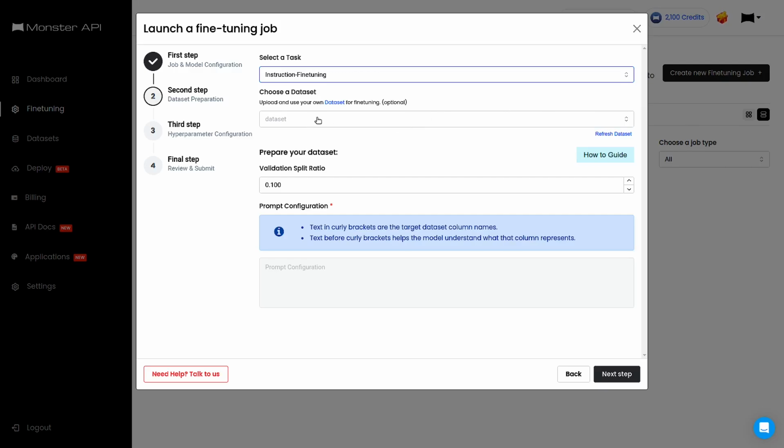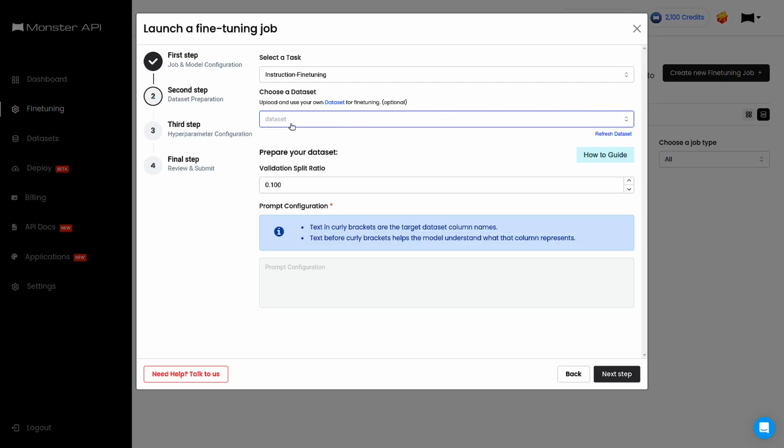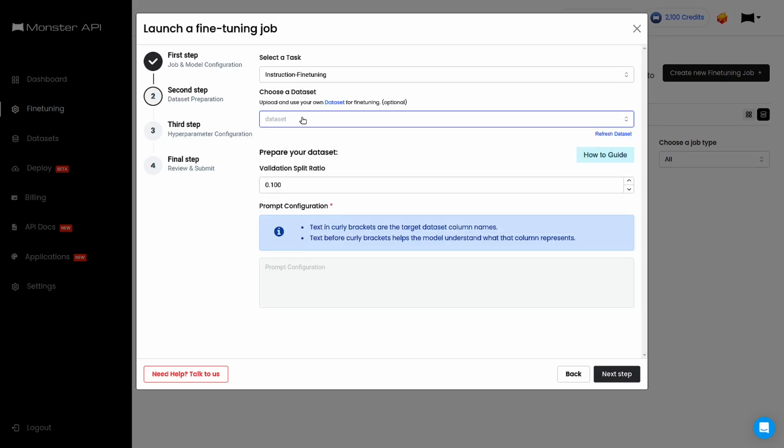And now the important part, dataset. So once you click here, these options are the most popular ones, and they are actually supporting pretty much all the datasets that Hugging Face has, and you can find it here. And if you don't find it here, then you just choose other. And also the most important thing, you can bring your own dataset. So you just click on this